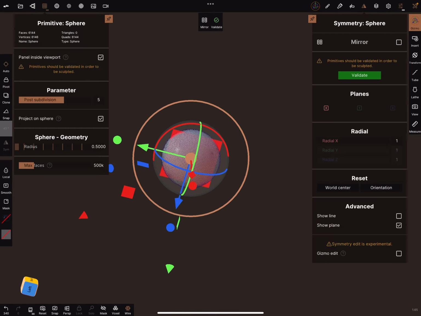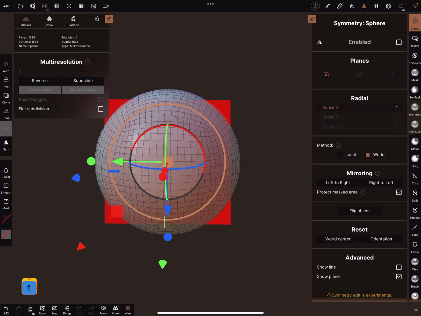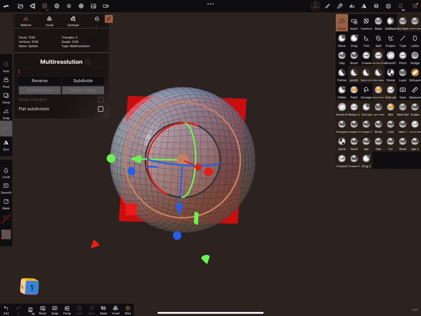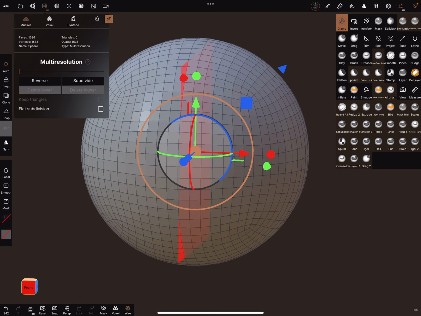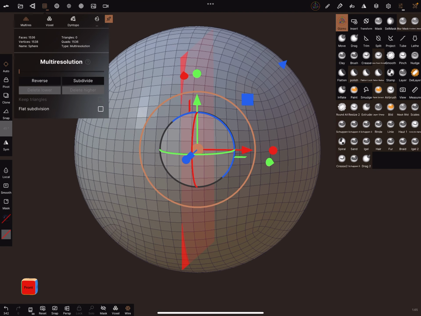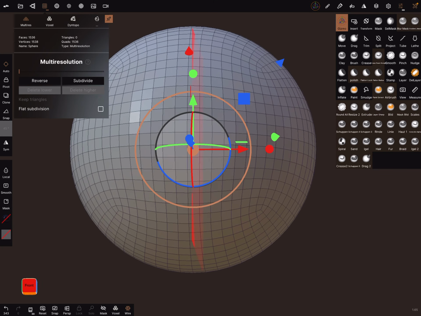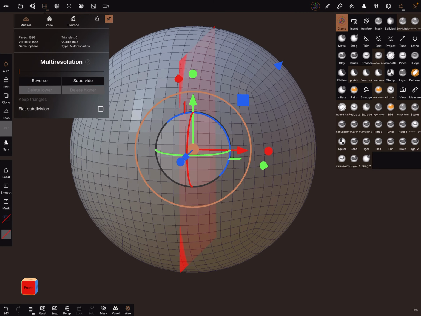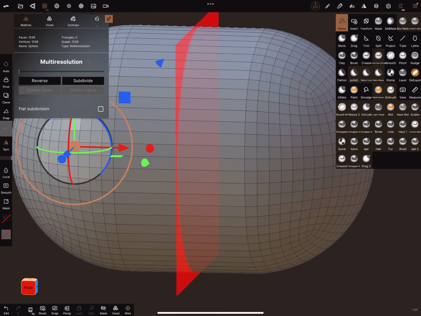Let's test it with a sphere. Validate the object. And now here's the plane aligned with the symmetry axis. Place it between and turn on the symmetry. Now you can scale the object.